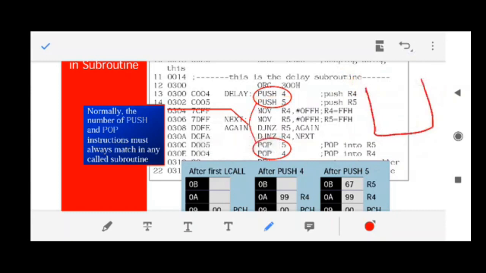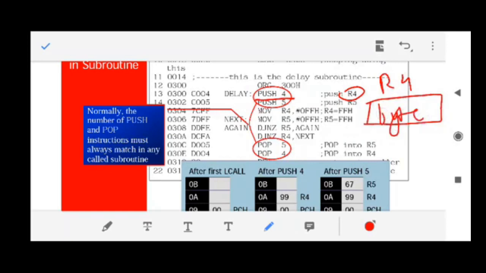So what does this 1, 2, 3, 4, 5 mean? 1 means R1, 2 means R2, exactly similarly 7 means R7. So this is the syntax of push, and similarly is the syntax of pop. When you want to move some values into the stack, you use the instruction push, and if you want to move some values out of the stack, then you use the instruction pop.